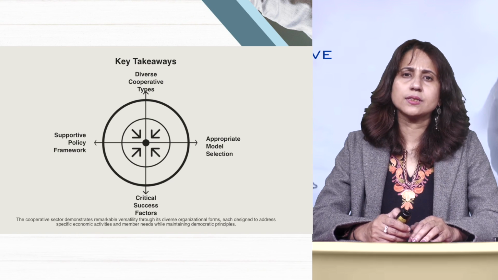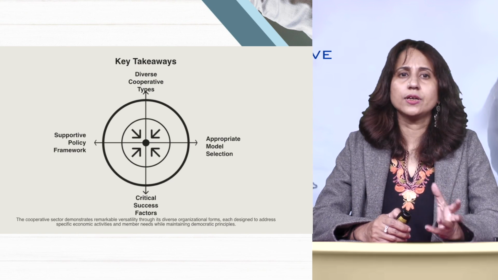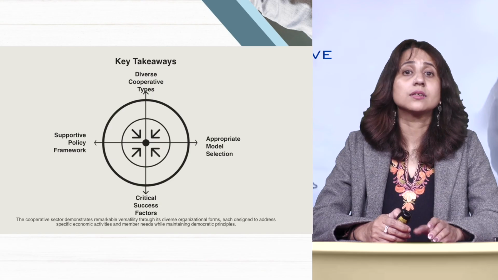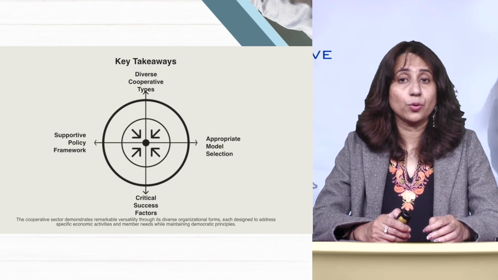So dear learners, this video session discussed the types of cooperative societies, and has explored the remarkable diversity within the cooperative sector, examining how cooperatives organize across different economic activities, membership bases, and purposes, while maintaining some common principles of democratic ownership and mutual benefit. Cooperatives exist in numerous types because different economic activities and member needs require different organizational approaches. Credit